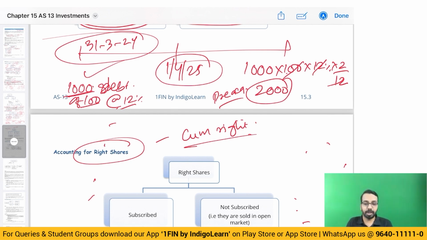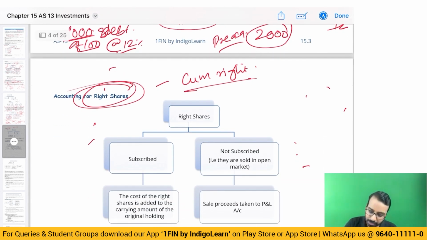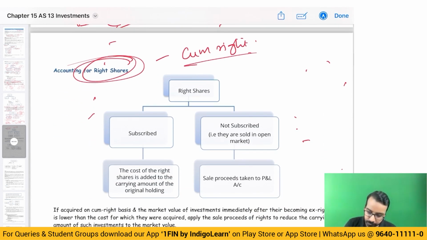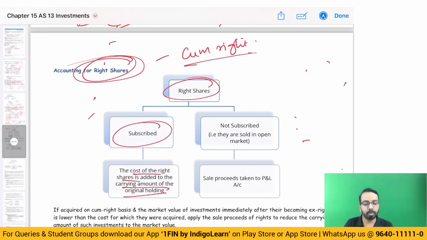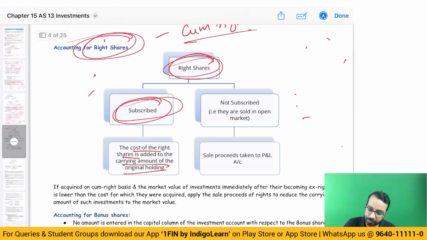So when we acquire shares and we are entitled to rights, we can subscribe to the rights shares subsequently. If the company has come up with a rights issue and we have subscribed to it, the cost of the rights share is added to the carrying amount of the original holding. That's straightforward. But if we have not subscribed, but have sold it in the open market,